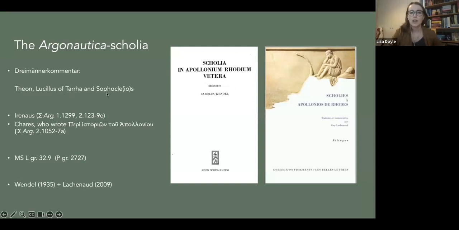The names of these commentators we can date to the late Hellenistic and early imperial periods. So 1st century BC to 2nd, 3rd century AD. It doesn't help that there are quite a few Theons in antiquity, but we think it's the same Theon who was also commenting on other Hellenistic poets, and not Aelius Theon, who came a bit later. So we have the late Hellenistic, early imperial period. The scholarship on Apollonius's poem started in the Hellenistic period. There's not as much of a gap.